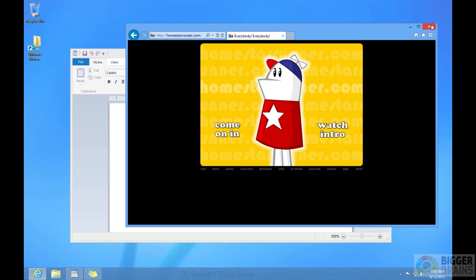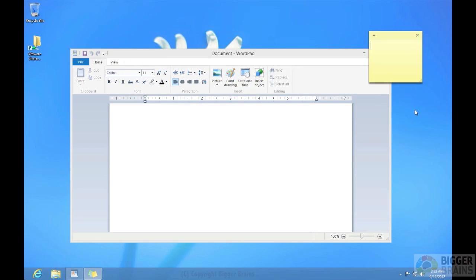The other thing is the two Internet Explorers share bookmarks. So if you bookmark a website in one Internet Explorer, it'll show up in the other Internet Explorer. That's nice of them to share bookmarks. Speaking of sharing,